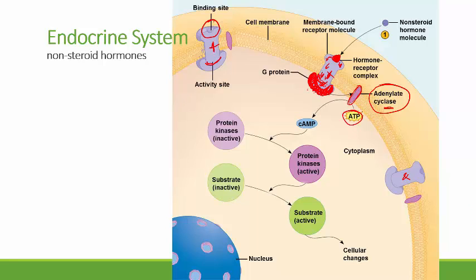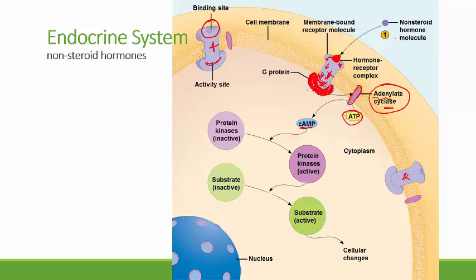So we've got this energetic ATP molecule, and it takes it and strips away two of the phosphate groups that are attached to it, leaving us with AMP. Remember, ATP stands for adenosine triphosphate. So when adenylate cyclase gets activated, adenylate because of the adenosine that's found in ATP, it will take any ATPs that come near it, strip away two phosphate groups, and what we're left with then is adenosine